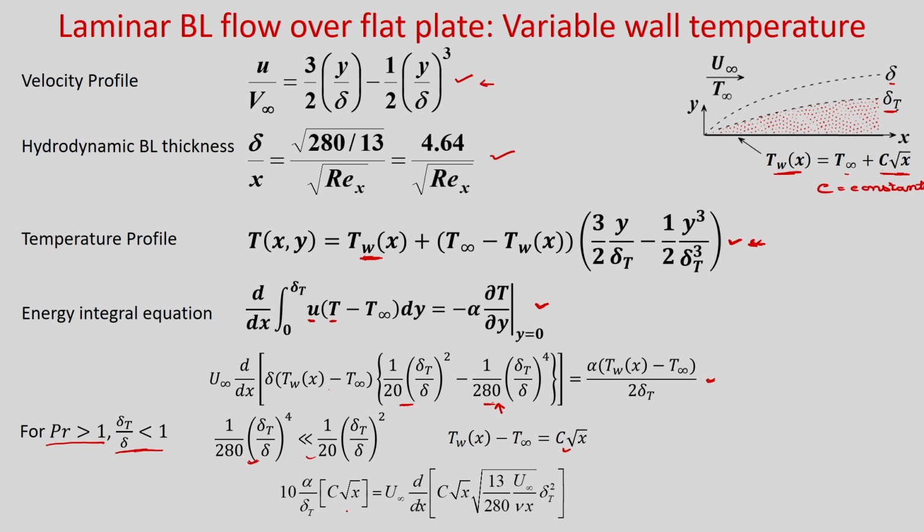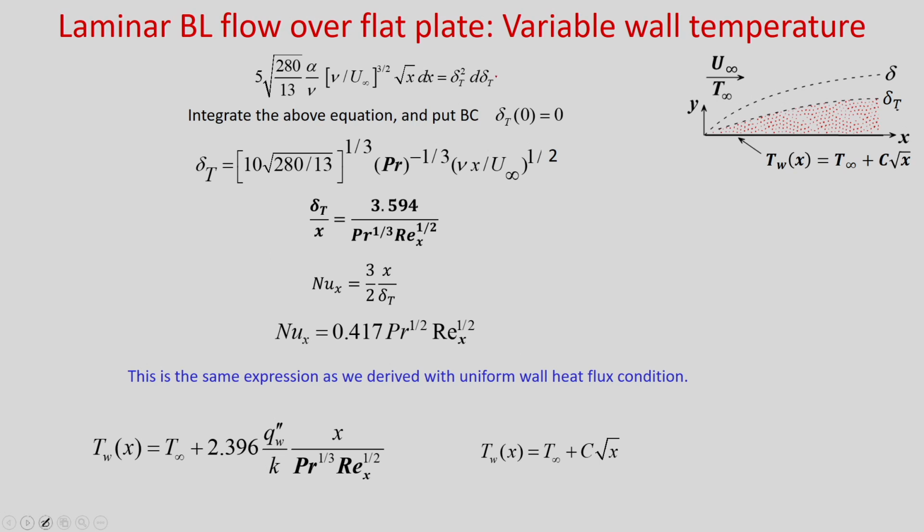Okay. So, if you put this here you will get this expression, okay, and it is easy to integrate because you can put the expression for Tw minus T infinity as C root x, and after simplification you will get this. Integrate the above equation and put the boundary condition that at x equal to 0 you have delta T equal to 0. So, you will get delta T like this expression, okay, and if you rearrange this you will get delta